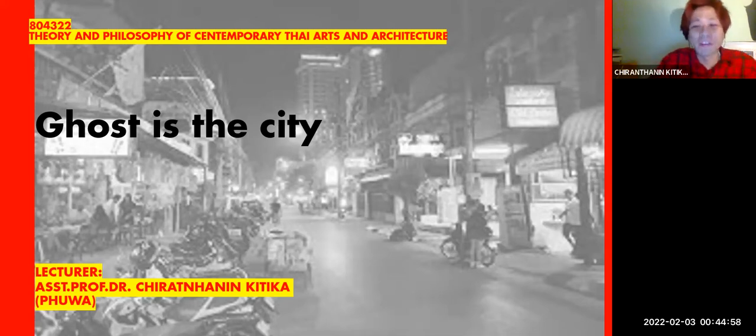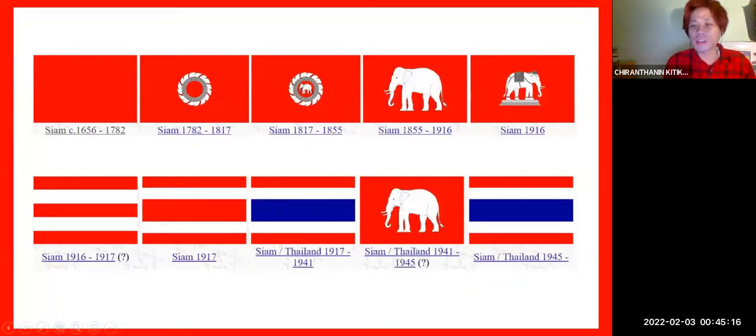This is Theory and Philosophy of Contemporary Thai Art and Architectures, and we continue talking about gods in the city. This is like the fourth in the row right now. We have talked about the gods in the city, so we'll continue talking about this, but don't forget this is contemporary Thai art and architecture, where art is in our everyday life, and architecture as well. Architecture is the place and area that we live, right? So this is a sample of contemporary design, which represents the nation.